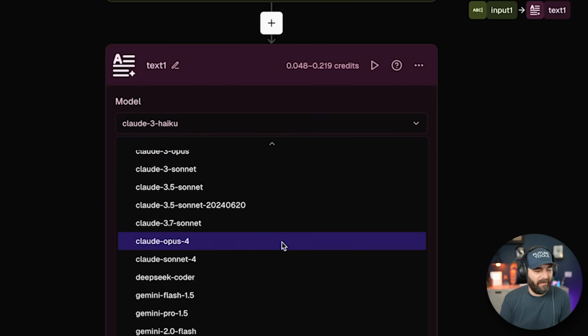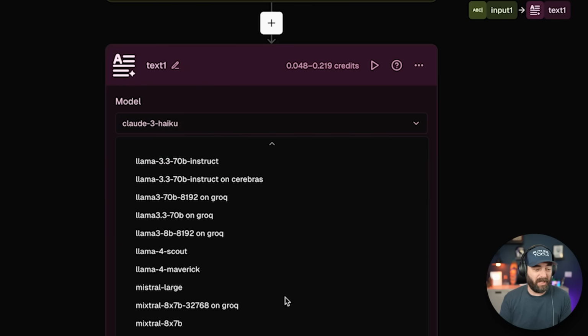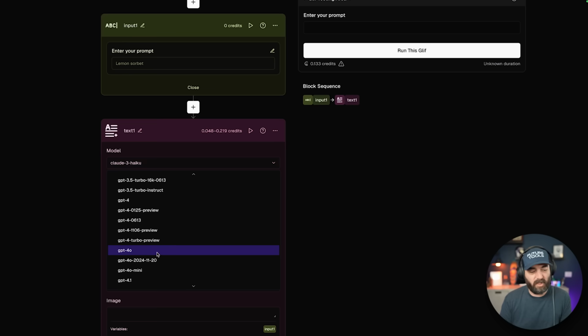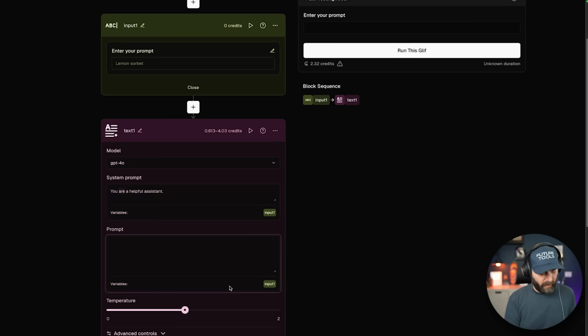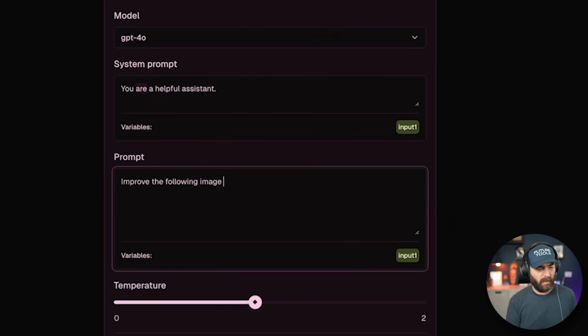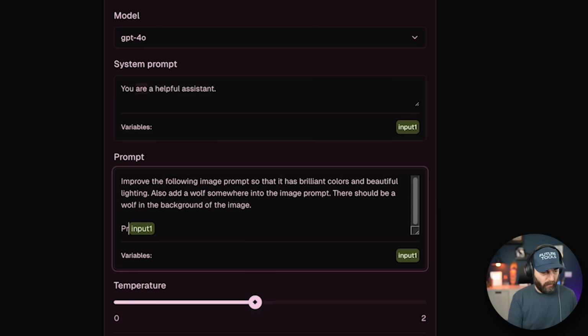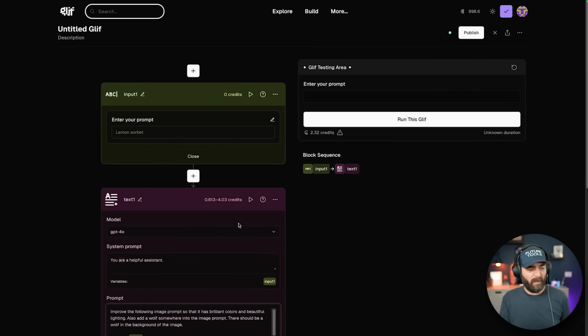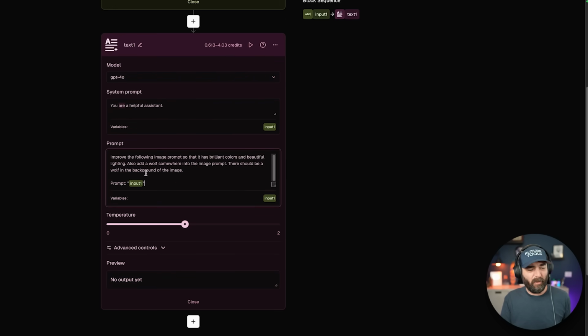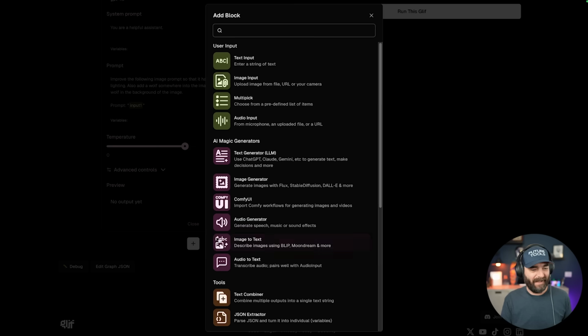We could select any of these models here, which is pretty much every available model. Let's use GPT-4o, and we can give it a prompt like: improve the following image prompt so that it has brilliant colors and beautiful lighting. Also add a wolf somewhere in the image prompt. There should be a wolf in the background of the image, and then we'll go ahead and give it the input. Then I'll go prompt, and it knows that this is the prompt to improve. So now you enter an image prompt, it'll run through GPT-4o, improve the prompt, add a wolf to the prompt, and now we want it to